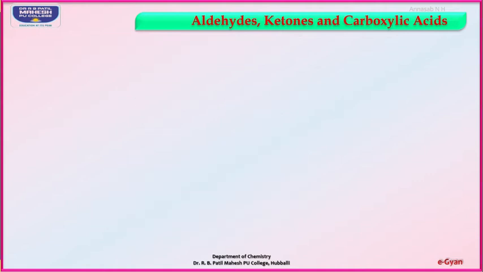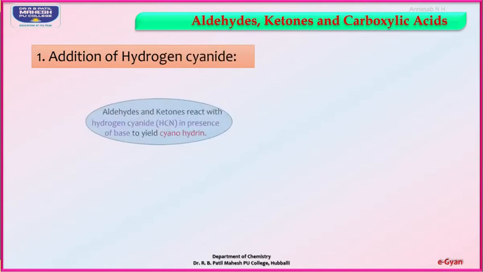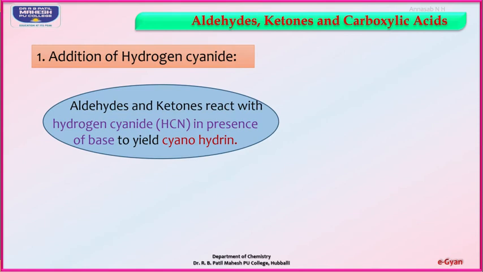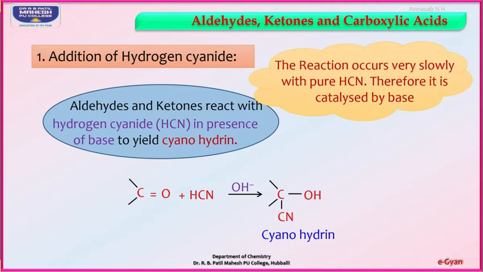Since aldehydes and ketones possess the carbonyl functional group, they undergo similar chemical reactions. The first reaction we learn is addition of hydrogen cyanide, HCN. Aldehydes and ketones react with hydrogen cyanide in presence of base to yield cyanohydrin. It is C double bond O group. It may be aldehyde or ketone that reacts with HCN, that is hydrogen cyanide, in presence of base OH minus, leads to the formation of cyanohydrin. The reason to add OH minus is the reaction is very slow with pure HCN, hence it is catalyzed by the addition of base. Example: